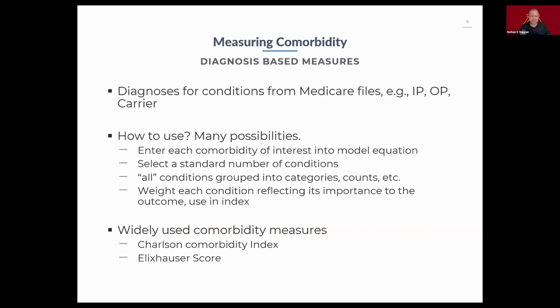So I'm going to take a standard set of those. We could try to group everything. We could say I'm interested in everything under the sun and try to group those somehow, or put them in categories or some other scoring system. We could also create weights around them, which we're going to look at in a second as one of the more common ways that's been done historically, and at least some of the more well-known measures. And we can talk about why we would want to do that.